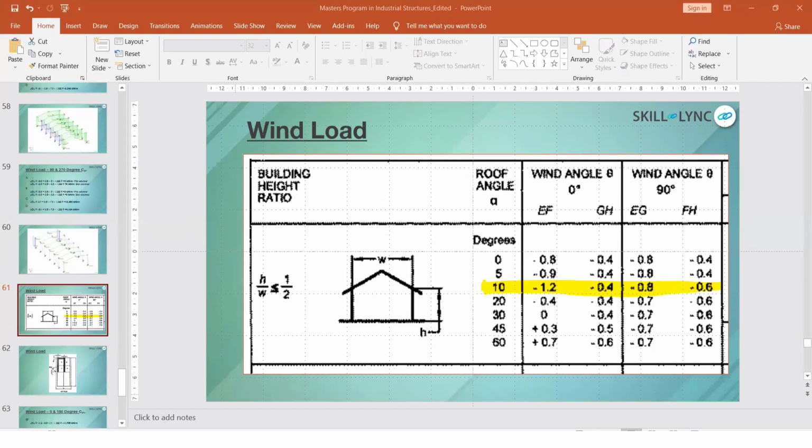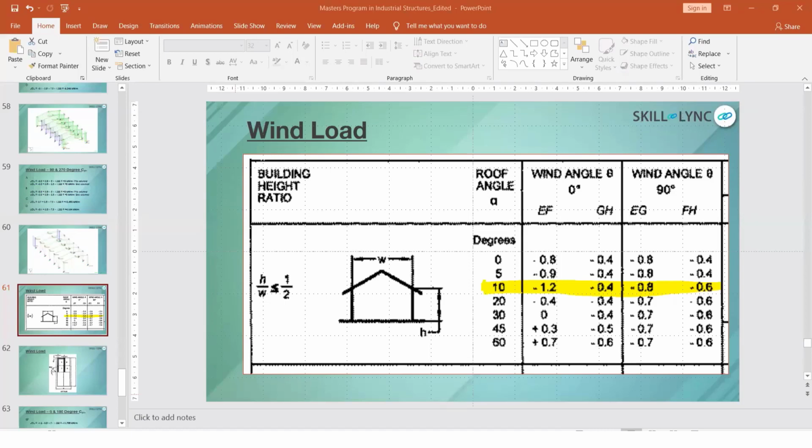And if you have a monoslope roof, that is, if the slope is of this type, you have to consider these values for height, theta angle, 5 degree, 10 degree, because there is only one angle, right? So depending upon the slope angle, you have to consider which table and which values need to be considered for height and length. Okay.